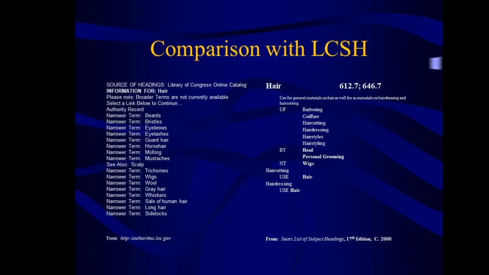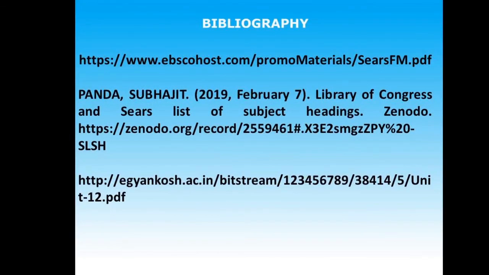They will use only commonly accepted vocabulary, common usage words, right? For example, here they won't use whiskers. Most of the people won't search for whiskers, right? So similarly here, they have given only the used for and the broader term and the narrower term. Not much. So they are simplifying the process. That's why it's used in small libraries with less vocabulary. Okay, this is all about the Sears list of subject headings.